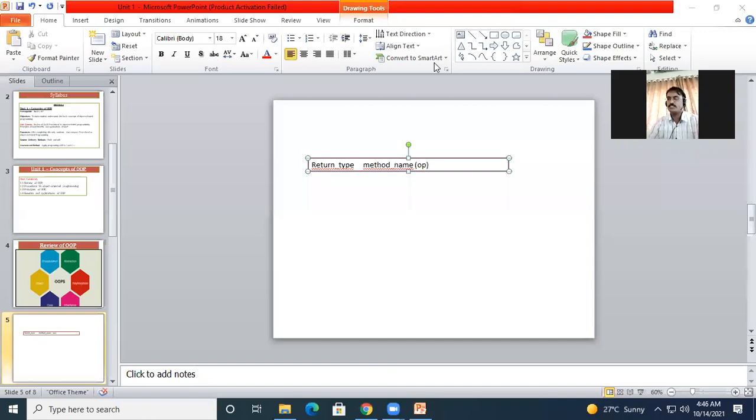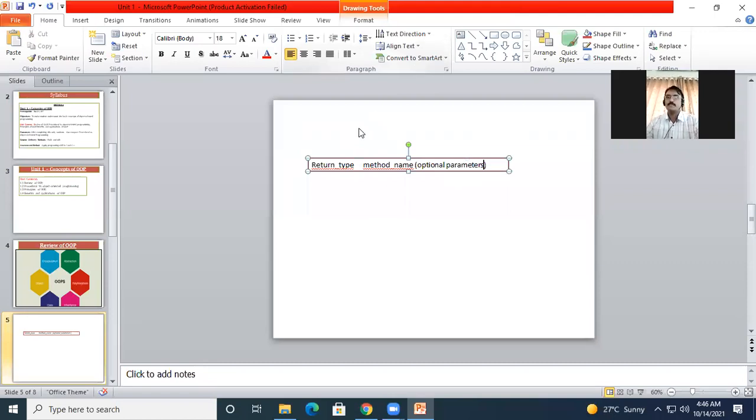And what does this optional field contain? It contains the parameters or the arguments. Right. So based on this, we have 4 different types of methods or functions.